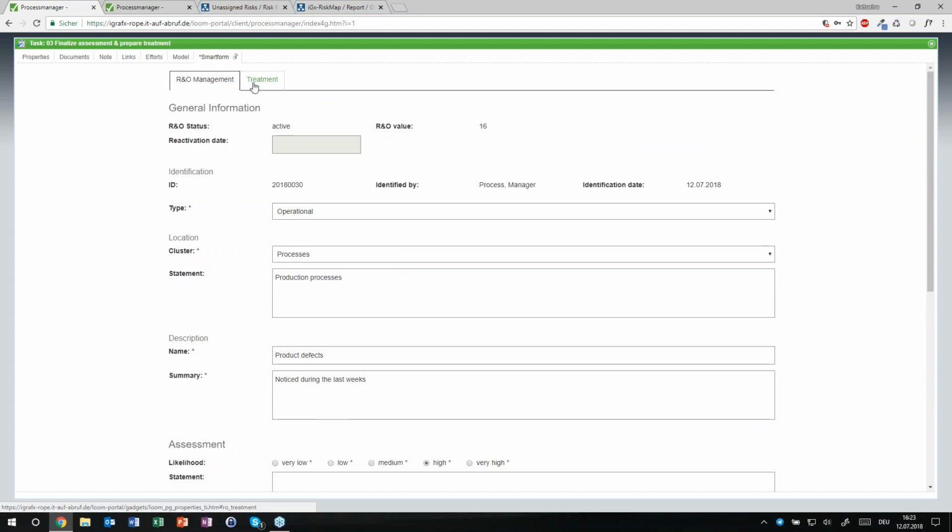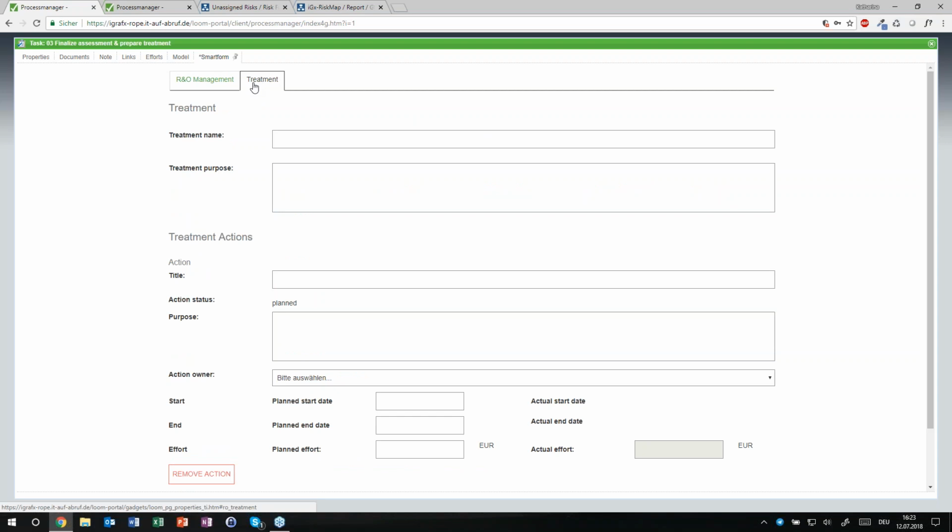For that, I have a second tab, which is now called treatment. And here I can prepare my treatment and my treatment actions. So in order to treat the risk of product defects, I might want to have a new treatment, which is called quality control, in order to assure continuous quality. So I can give a purpose why I'm doing that.